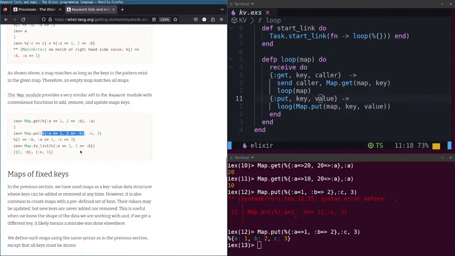List. It's interesting, and it returns a list.